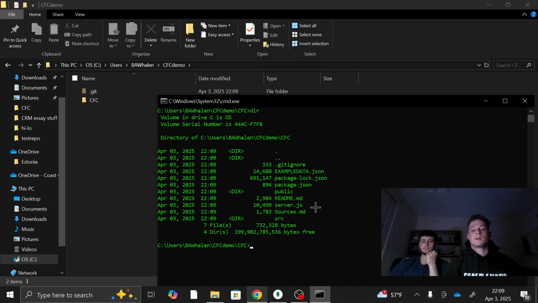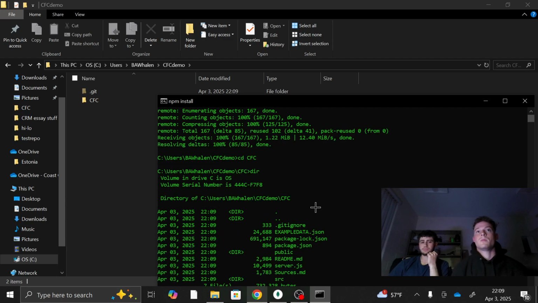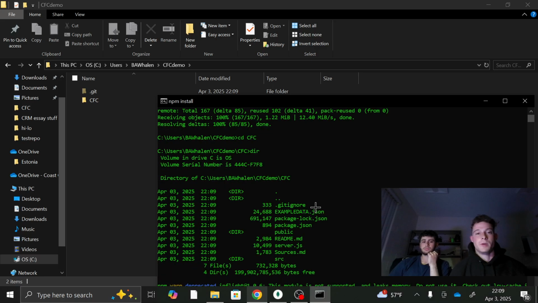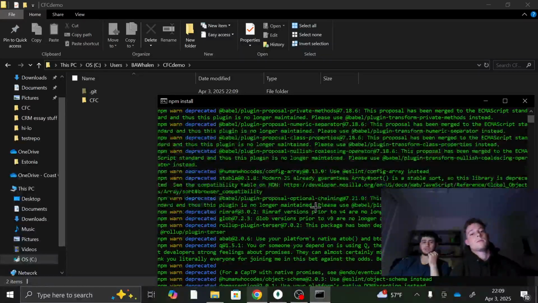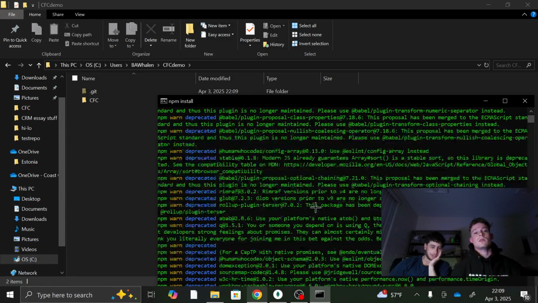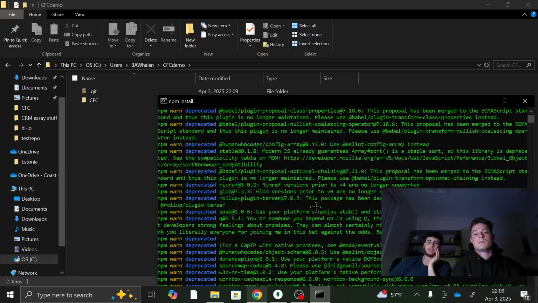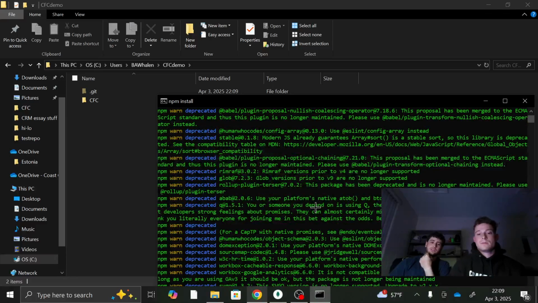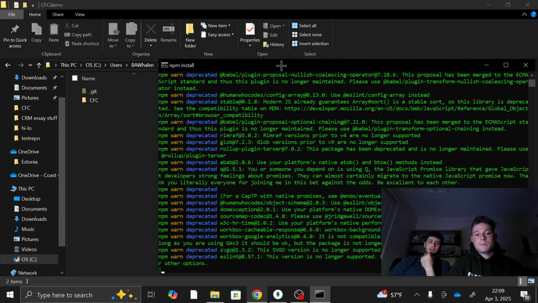The next thing you're going to need to do is npm install, and that just installs some of the things you need, like Mongoose, CORS, and Express. That'll install all the dependencies for the server and React, what they need in order to communicate between each other. So while that's going,